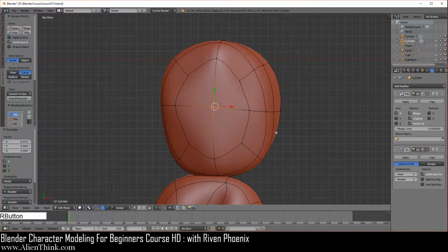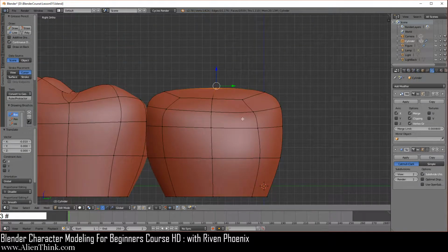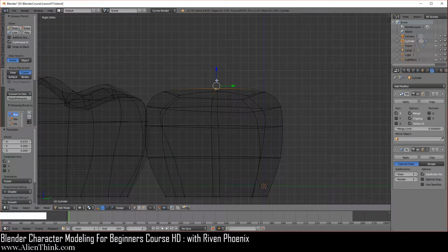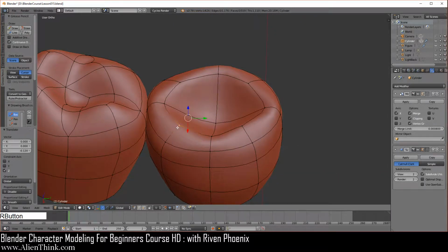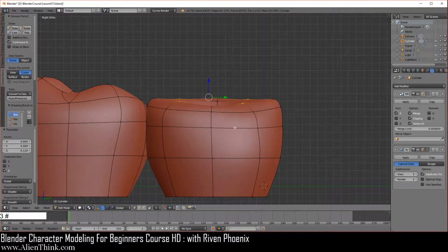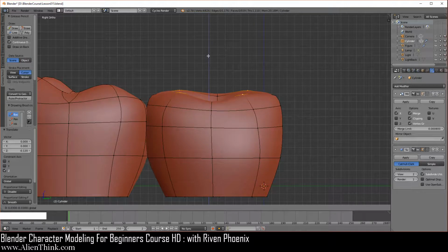One time over here, click on this vertex, go to the right view by pressing 3. Press the Z key to go into wireframe and click on this blue arrow and bring it down 12 nudges. 1, 2, 3, 4, 5, 6, 7, 8, 9, 10, 11, and then 12. Press the Z key. Then just rotate over here, then click on this vertex, shift key down, this one. Go to the right view again by pressing 3. Bring it up 1, 2, 3, and then 4.